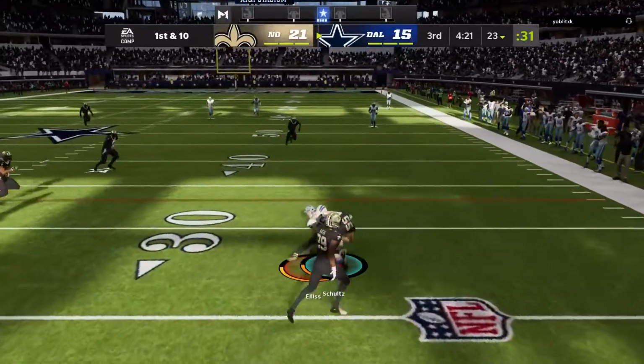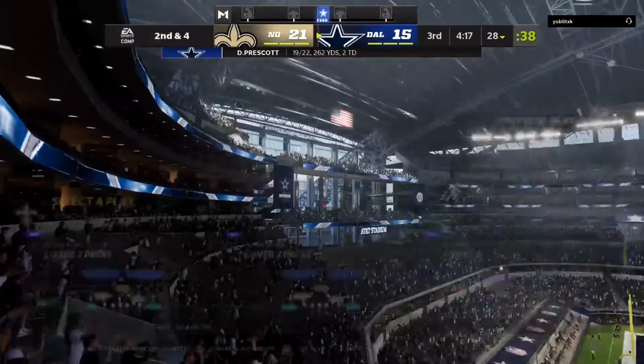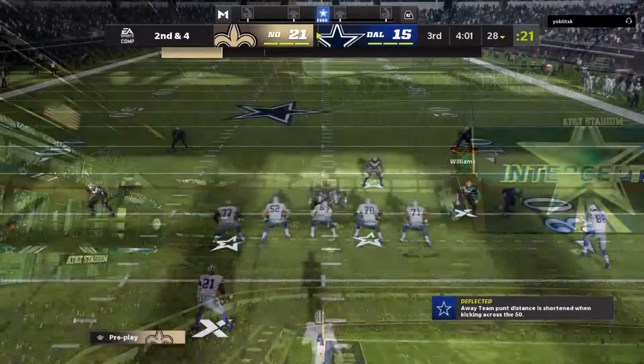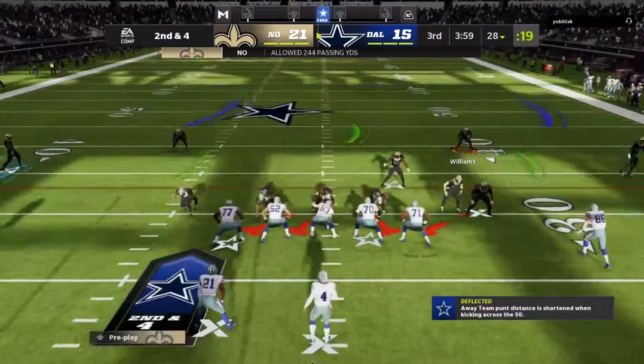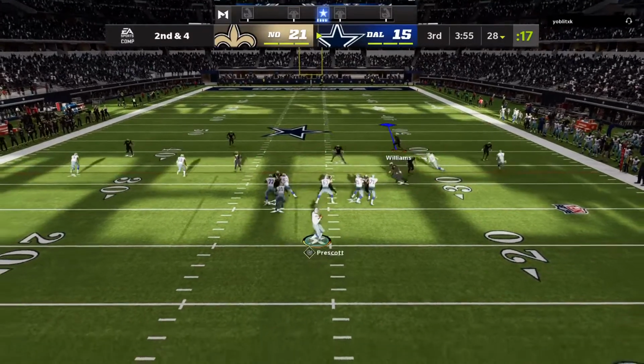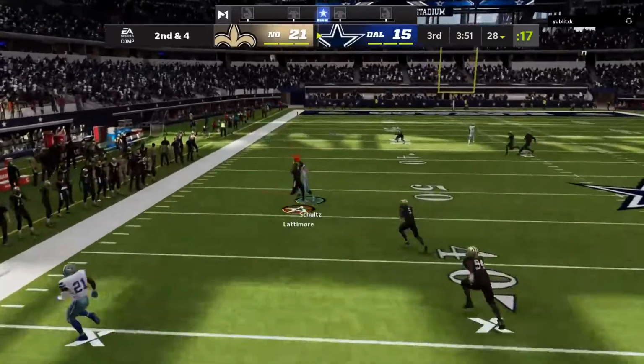Meanwhile, Dak's throw complete into the hands of Schultz here. A gain of 6 there on 1st. He was out there waving his arms, and when you got a quarterback out of the pocket looking for any help, I guess waving the arms is helpful. It certainly is, because you got to get his attention, because now you're in scramble drill. So everyone's adjusting their routes, finding open space, and he found the...